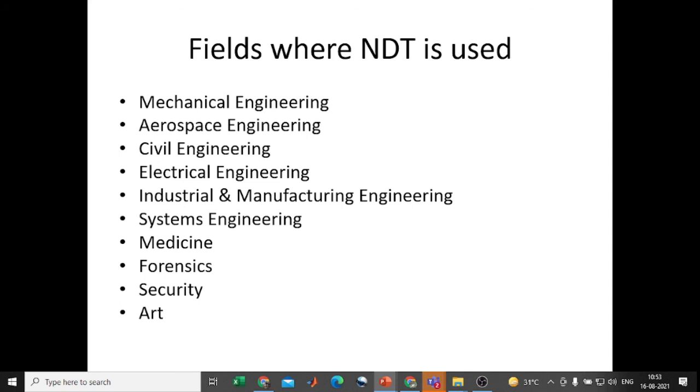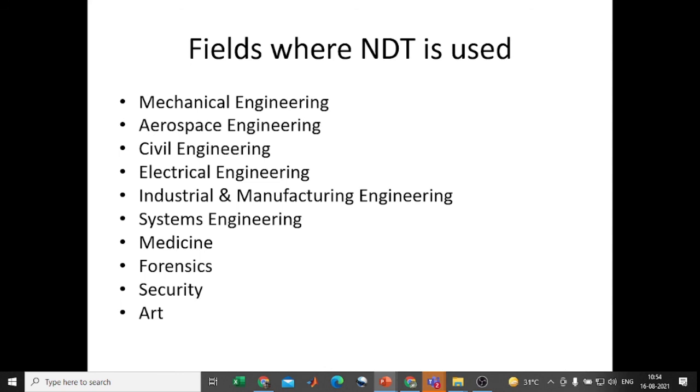After that, civil engineering. Civil engineering utilizes concrete structures with iron rods, sand particles, stones and cement. In that concrete structure, any defects we can identify with this non-destructive testing procedure. After that, electrical engineering. In electrical engineering, there is switch manufacturing and wiring. In that wiring, any problem we can identify through non-destructive testing. And there are a lot of electrical panels available. During electrical panel production, we may utilize non-destructive testing to evaluate the defects.